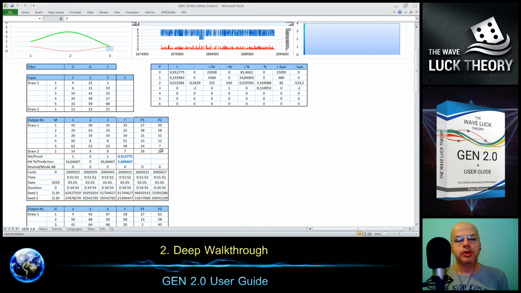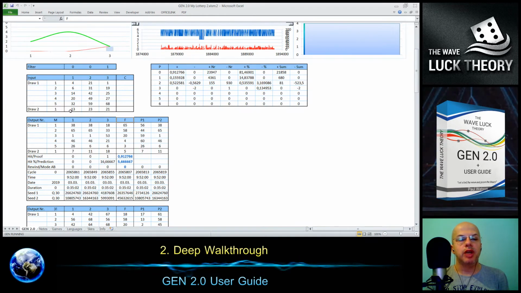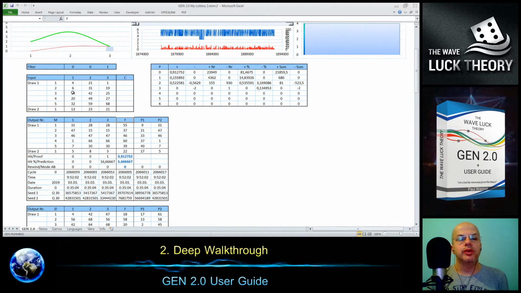Then the gene goes back and generates numbers again for the first, second, third, trying to get as many matches as possible with the history of the lottery we have in this input box. So we are generating numbers and then the number of matches is calculated. You can see how it's changing as we have 1 match, 1, 1, and as the snake is moving right here, it corresponds to the matches here.